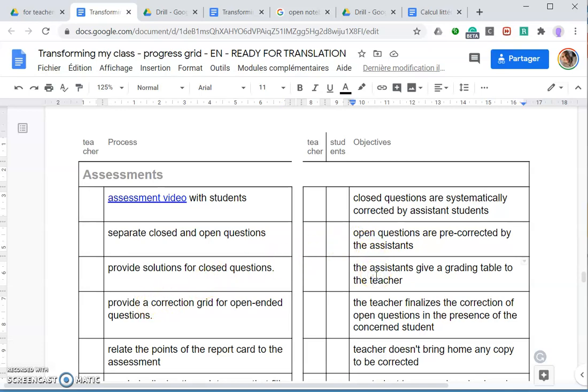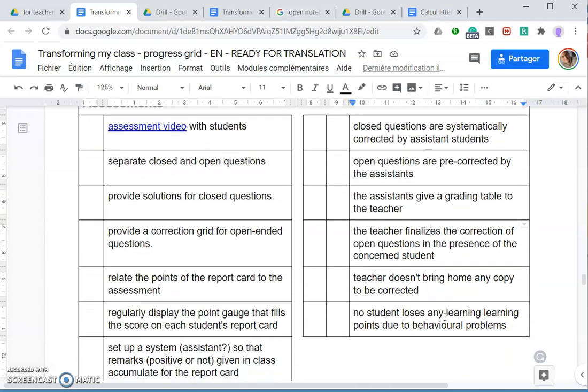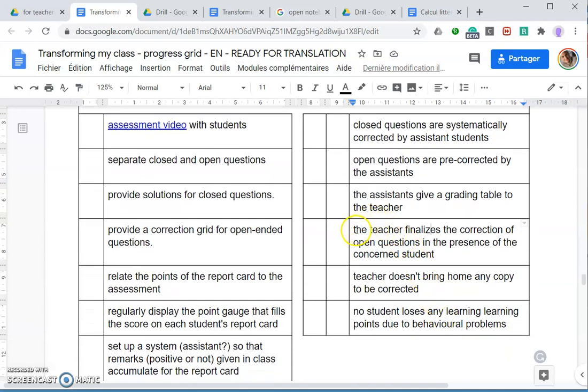The assistants give a grading table to the teacher. Some assistant teachers you trust directly write in the grading book of the teacher. Depends on the schools and culture and class. The teacher finalizes the correction of open questions. So when you have written your text, for example,